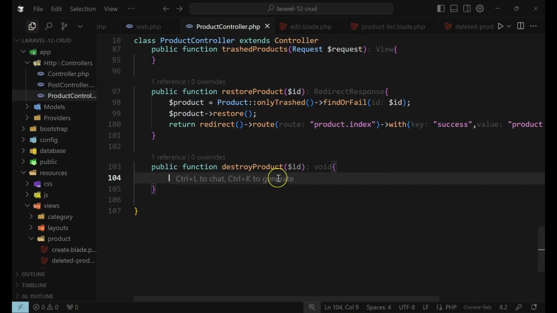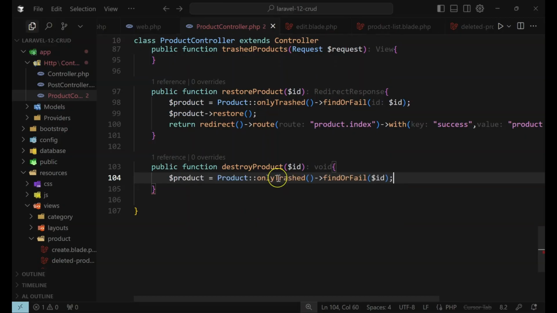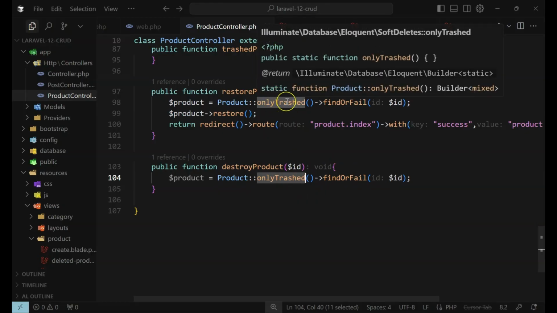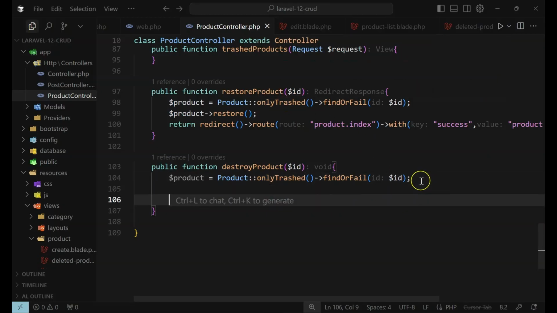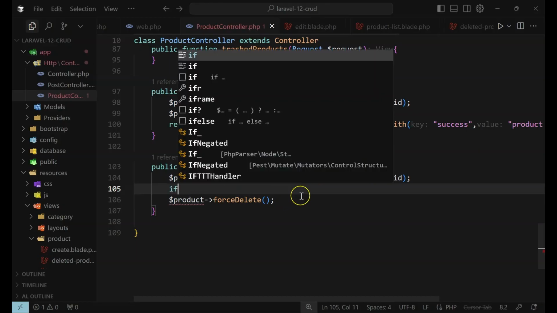So what we are going to do is to find the product. So let's say the product will be from only trashed products. When you say onlyTrashed, as we've used here, it gets all the products that have been deleted by using the soft delete functionality. And then after getting it, instead of just deleting the product automatically, we need to check if that product has an image. So let's have an if condition right here,